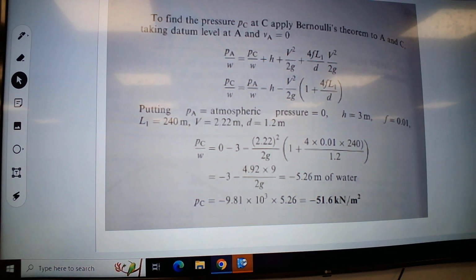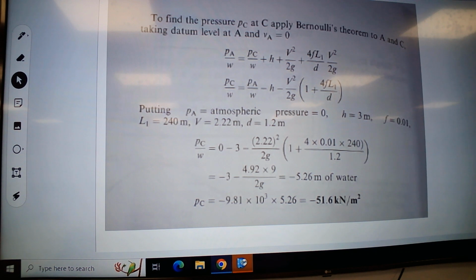I have just taken V squared over 2g common, so I have 1 here, 4 here, F here, L here, and D here. Just put in all the values and you will get an answer for the height of the water, minus 5.26 meters